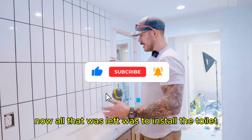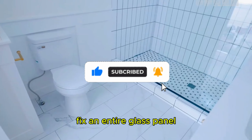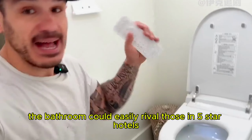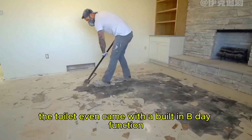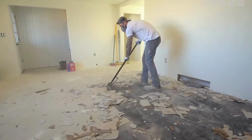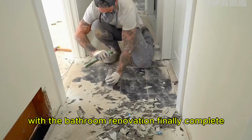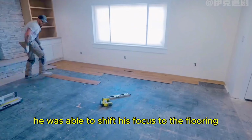Now, all that was left was to install the toilet and the sink, then fix an entire glass panel to separate the wet and dry areas. Once finished, the bathroom could easily rival those in five-star hotels. The toilet even came with a built-in bidet function, meaning Henry would never again have to worry about using too much toilet paper. With the bathroom renovation finally complete, he was able to shift his focus to the flooring throughout